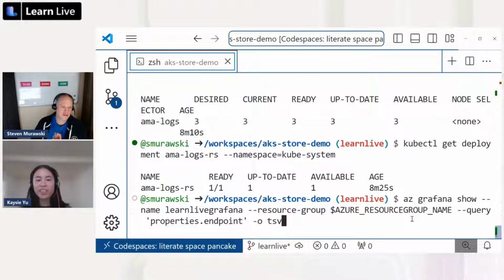I jump between them when I'm setting up new features or new clusters. We'll try to learn through the CLI and play around in Portal as well. Usually the CLI experience is quicker. Yeah. So one of the things that I found